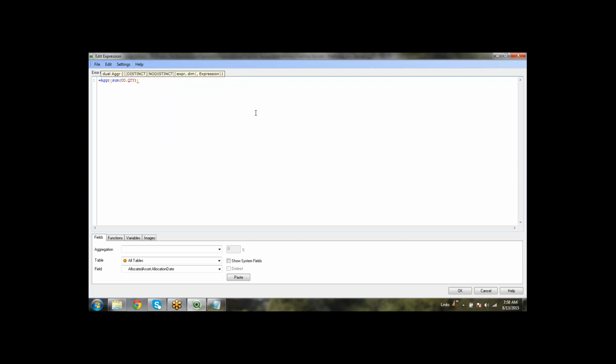As you can see, the parameters of the aggregation function show distinct or non-distinct expressions, comma, then another expression. Now the first expression is our sum of quantity,